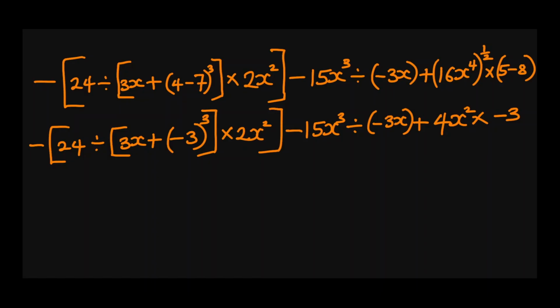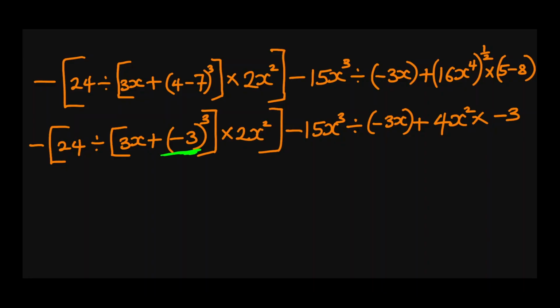Now we still have brackets. We still have the inner brackets of the first set of brackets. Now this minus 3 raised to power 3. If you remember our lesson on powers, the first two minuses, minus times minus gives us plus. If it now multiplies the third minus, then it becomes minus again. Then 3 raised to power 3 is 3 times 3, 9. 9 times 3 is 27. So the answer to this particular one will be minus 27.